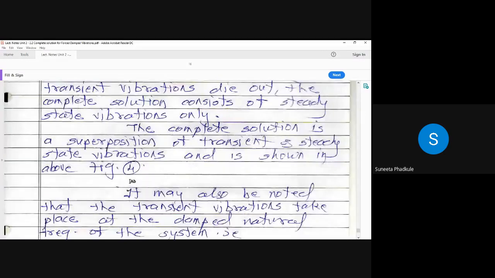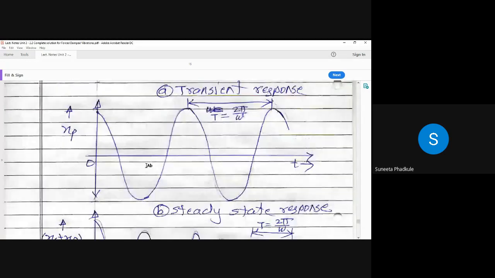Okay, so let us study this second diagram now. This is the steady state response. So if I draw a line joining all these peaks, what will I get? I will get a horizontal line. Here also I will get a horizontal line. That means the amplitude of this is constant, which is nothing but the capital X here. I forgot to write down capital X here. Amplitude is capital X. Always remember, this is xp. This is the particular displacement at any time t. So this is the graph of displacement xp versus time t. Okay, this is known as a steady state response.